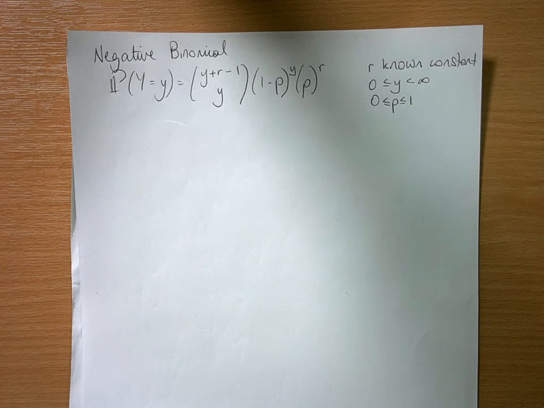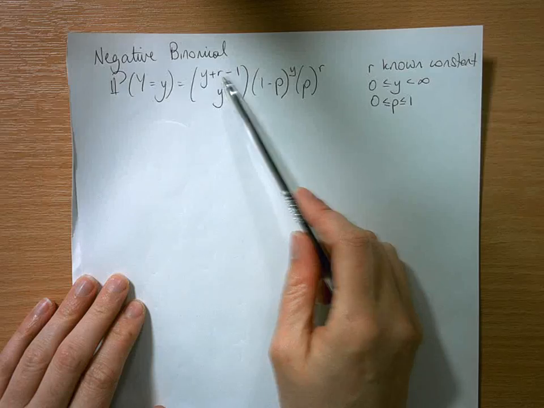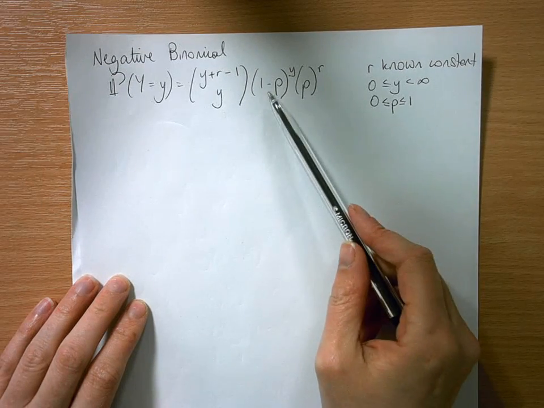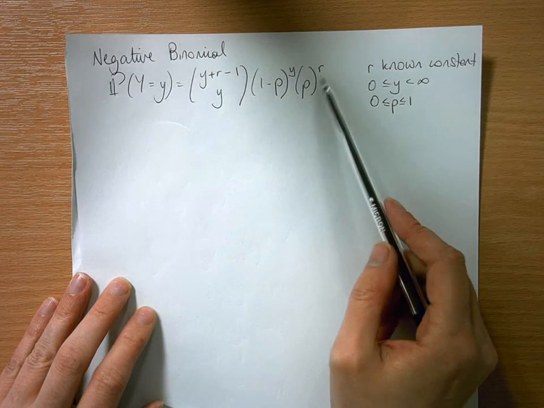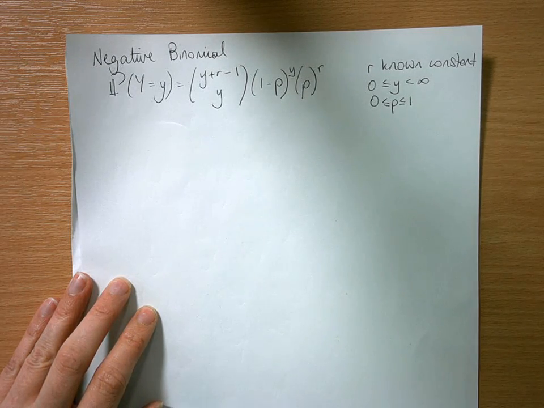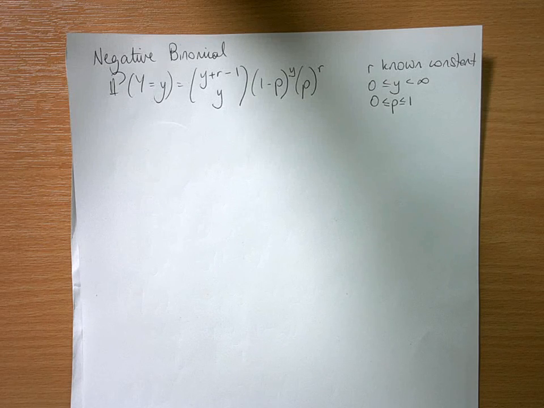So in this video we're going to show how to show that the negative binomial is a member of the natural exponential family of distributions. So we start with the form of the negative binomial. It's (y + r - 1 choose y) times (1 - p)^y times p^r, where r is a known constant. Y can take any value from 0 to infinity, and p is a probability,